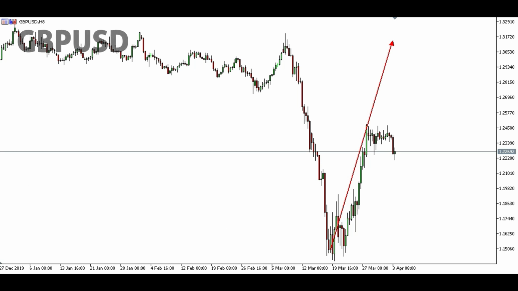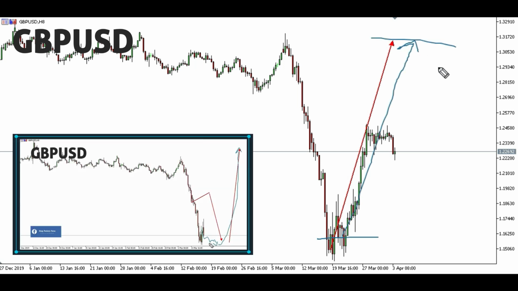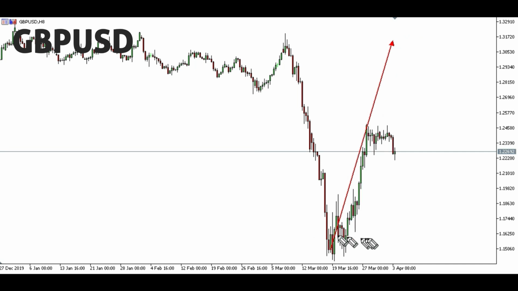This is GBP USD. As for GBP USD, we focused at it from this level. We say that we're expecting more up all the way until this level. That's for GBP USD. And this past week we released an update. We say that if you missed this impulse up and you wanted to trade it all the way until this